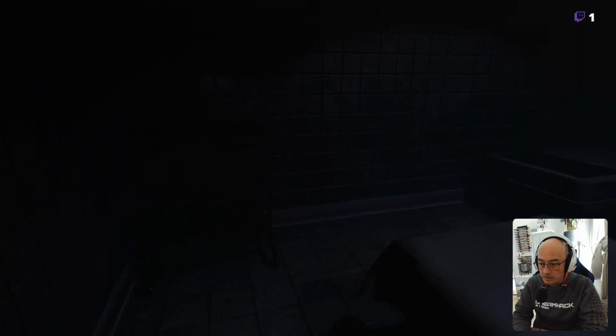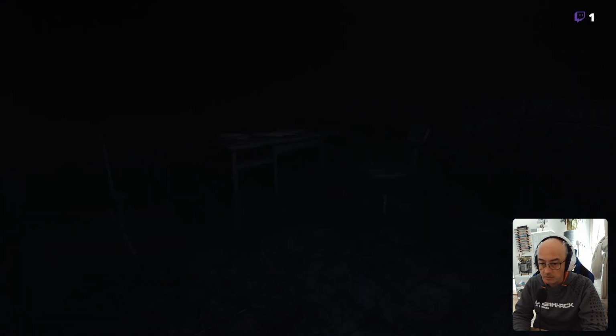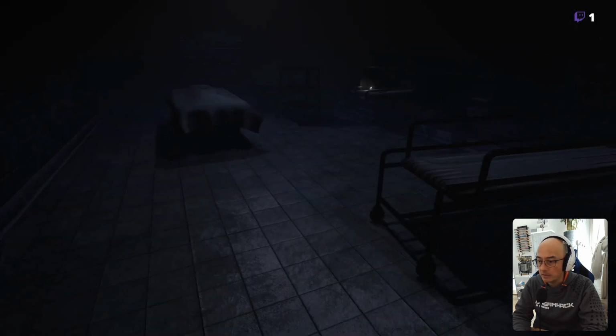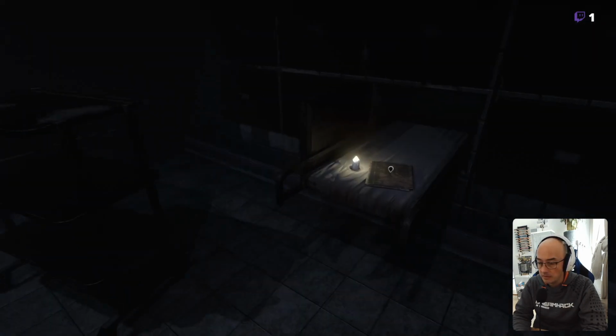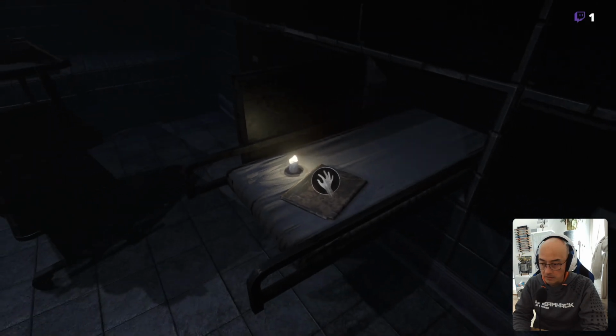So you will come here, and in order for you to trigger an event, you have to turn around, take a look at what you can get. So you have this candle, and you can read the report here.